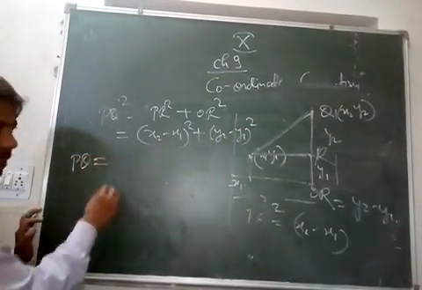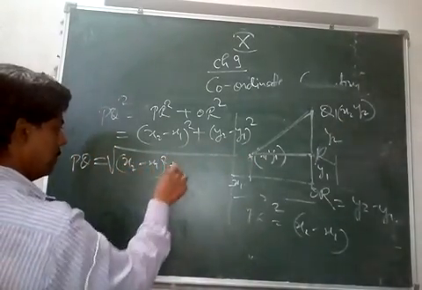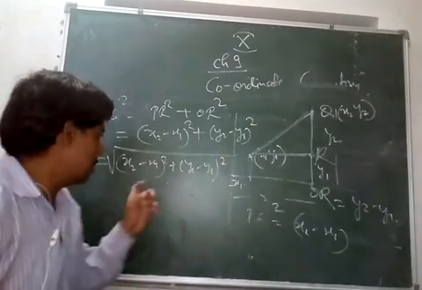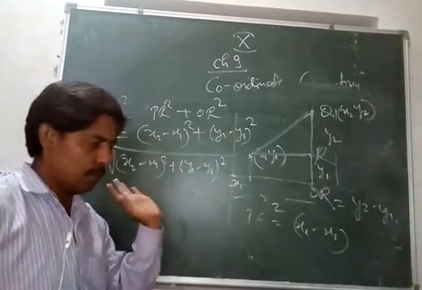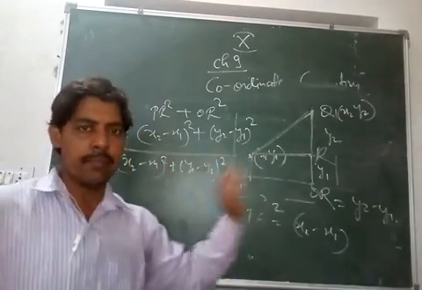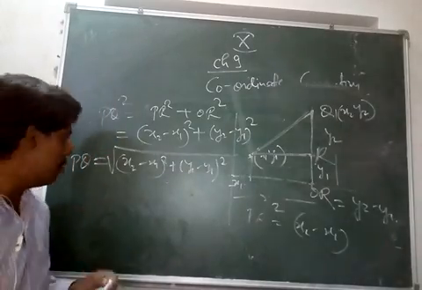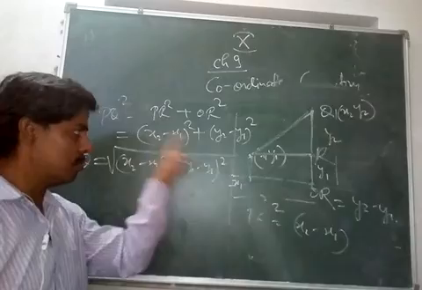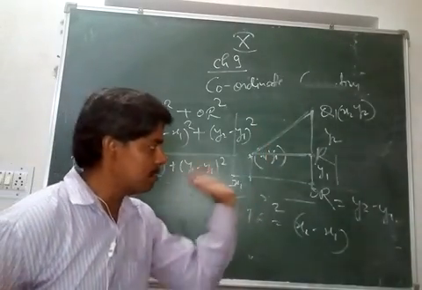So the distance formula is the square root of (x2 minus x1) whole squared plus (y2 minus y1) whole squared. Some books write (x1 minus x2) squared and (y1 minus y2) squared. What is being subtracted is not important, because the square will make it positive. So this is the distance formula, with everything under the root. Now this gives you the distance between any two points on this plane.